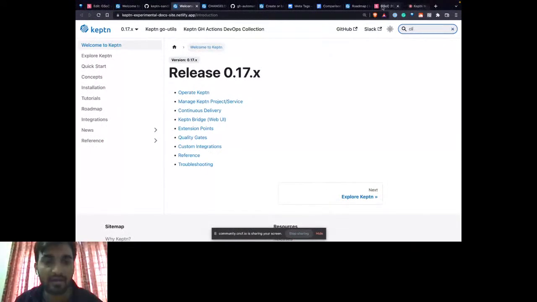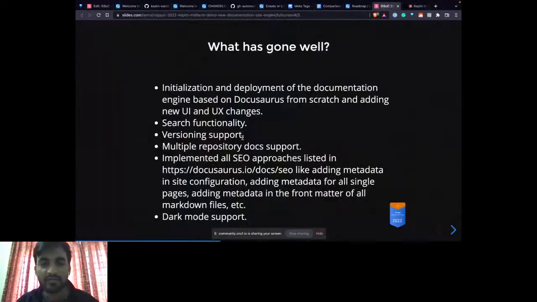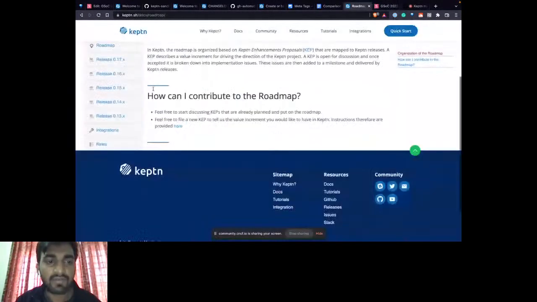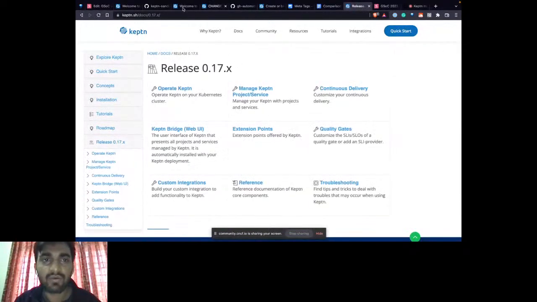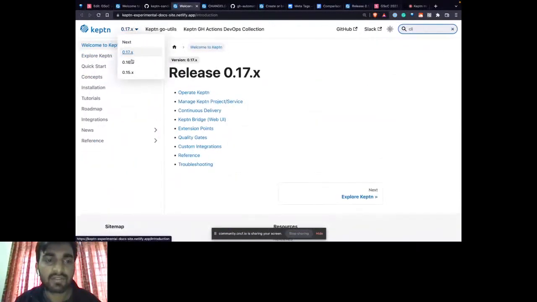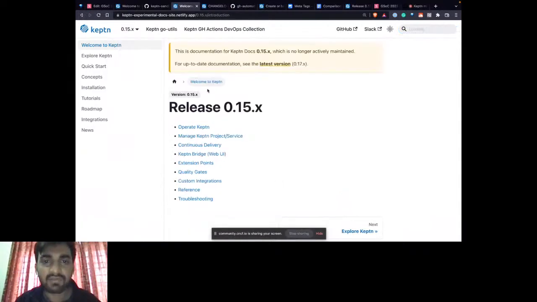Next is the versioning support. As I said earlier, on the Hugo side we don't have versioning, so manually we have to add docs in different folders, and it takes a lot of time. On the Docusaurus site we have versioning support, so you can see the different versions. As of now we have 3. I've added 3 versions to showcase the concept. We have 15.x, and it shows that this is not the latest version. Above it we have 16 and 17, and